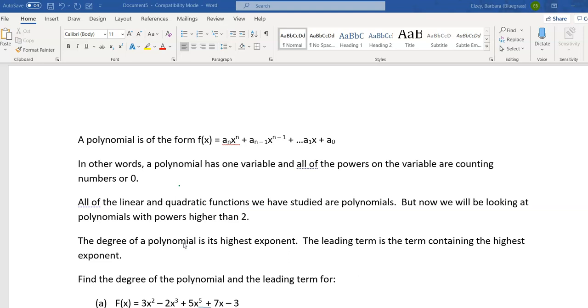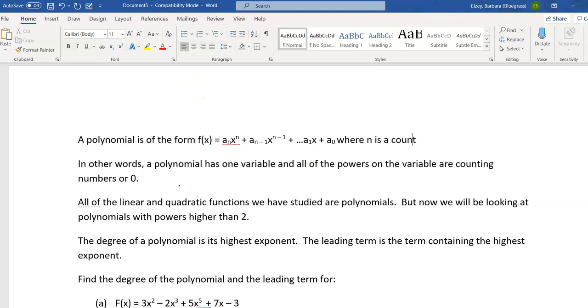A polynomial is of the form f of x equals a sub n x to the n plus a sub n minus 1 x to the n minus 1 plus a sub n minus 2 x to the n minus 2 all the way out to a sub 1 x plus a sub 0. Now you might look at that definition and go, well, I don't really know what a polynomial is from that definition. So here's the thing to think about, and I really didn't put it here, but it's very important,